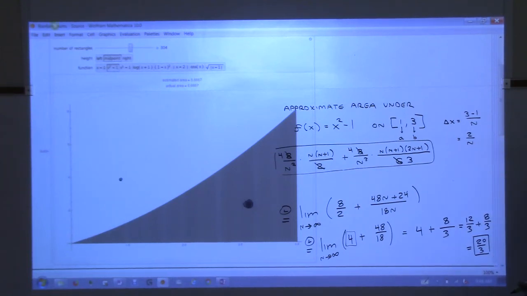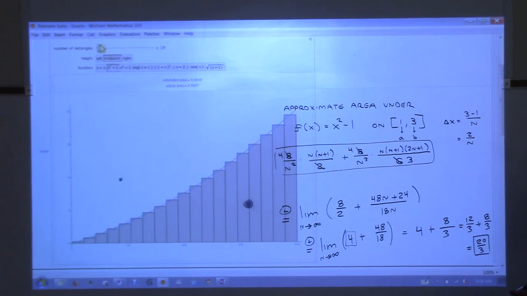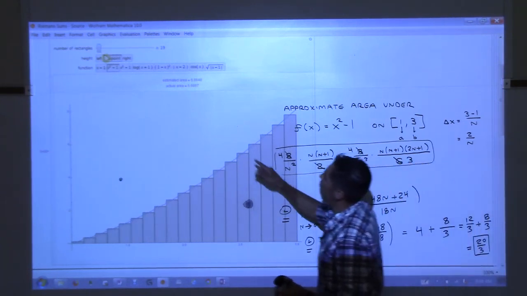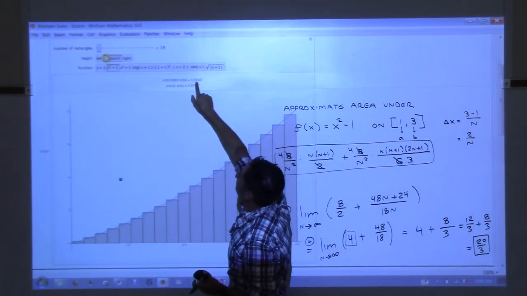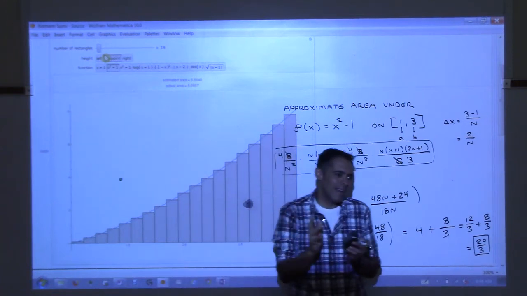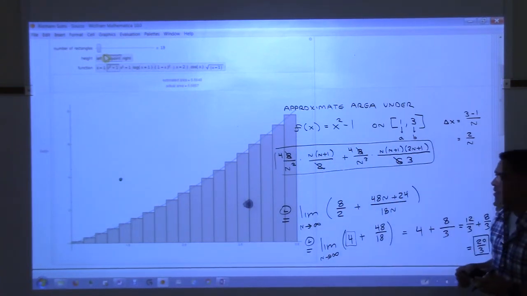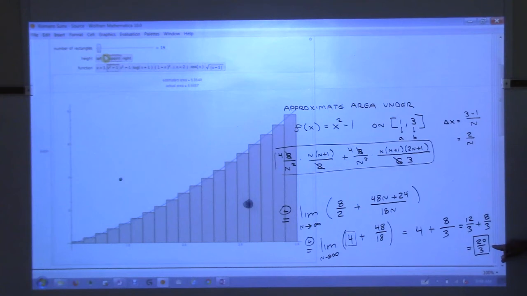See, now if we would have gone with fewer rectangles, okay, there we go. With about 19 rectangles, we're at 6.6648. So we're not quite there, we need more rectangles. If we let it go to infinity, we get the exact answer. Now, do you see the work that was required for that? Okay. So now,